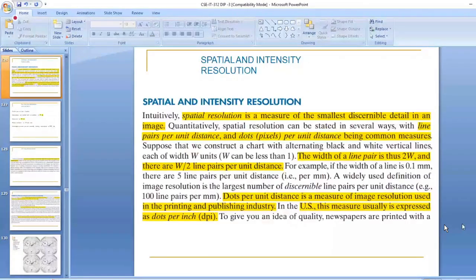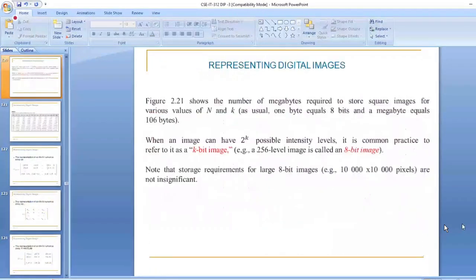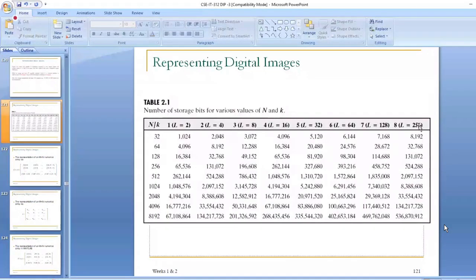So अभी मैंने जो आपको डायग्राम दिखाया था, इस डायग्राम में आपने देखा होगा यदि आप L की वैल्यू 8 लेते हैं तो टोटल इंटेंसिटी के लेवल कितने होते हैं 256. Now I am reducing this value of number of levels. Okay, आप 128 करेंगे, फिर 64 करेंगे, फिर 32 करेंगे, फिर 16 करेंगे, फिर 8 करेंगे, फिर 4 करेंगे, फिर 2 करेंगे. Okay, so their 2 level will reflect the image in which manner?